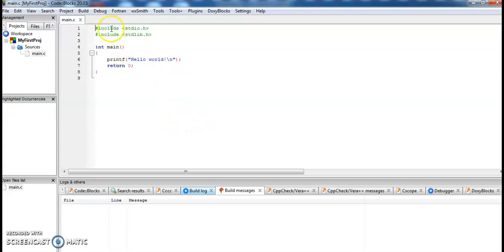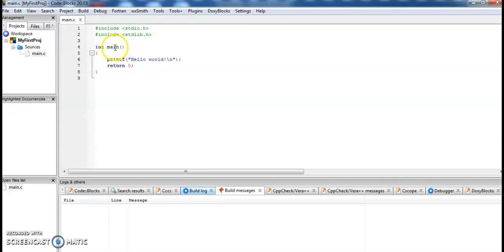Hash include is a preprocessor command which includes the stdio.h file and stdlib.h header file. stdio.h is a standard input output header file which allows us to use printf and scanf functions in our C program, and stdlib is a standard library file which is used for special functions in our C program.